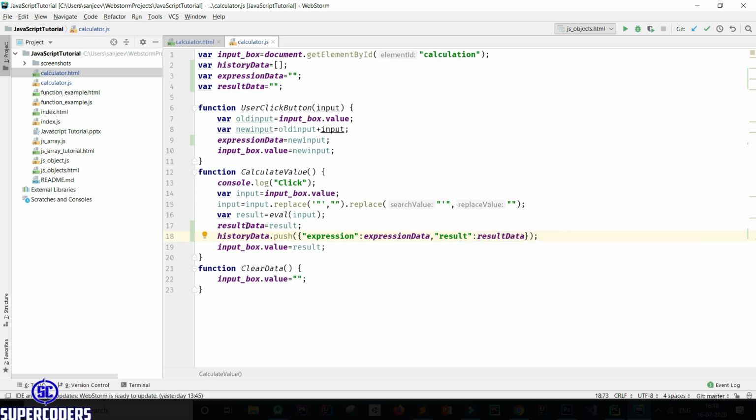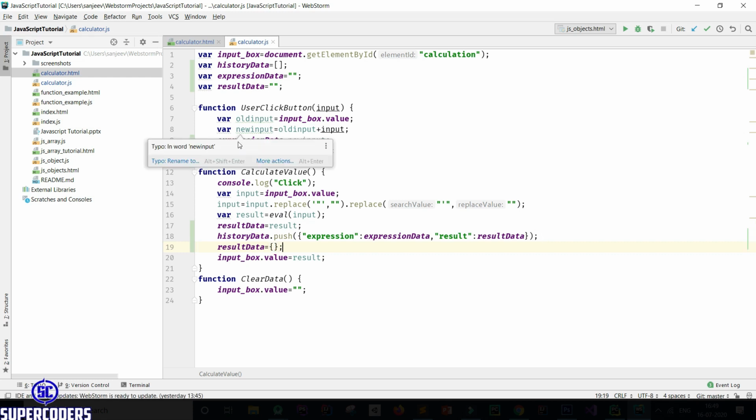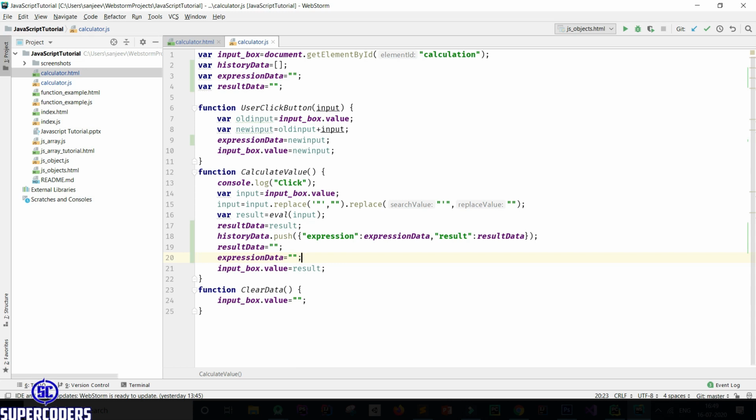Then making this empty. So again come here, equal to empty, and also making this empty. So after using this value, I set this value to empty when user clicks on equal to. So when user clicks on equal to, this value becomes empty, and again this process will be done again, and it will push in the array. Let's see what it will do.